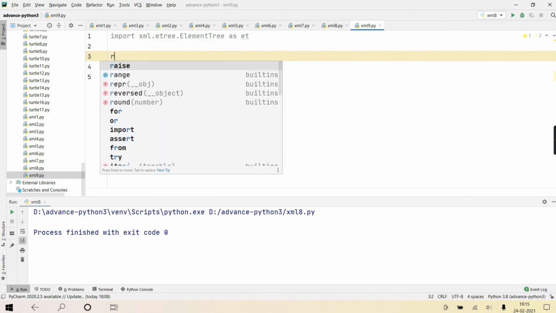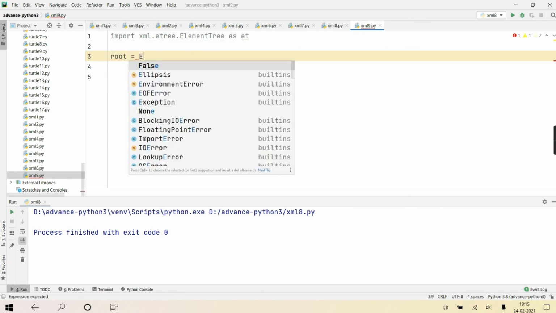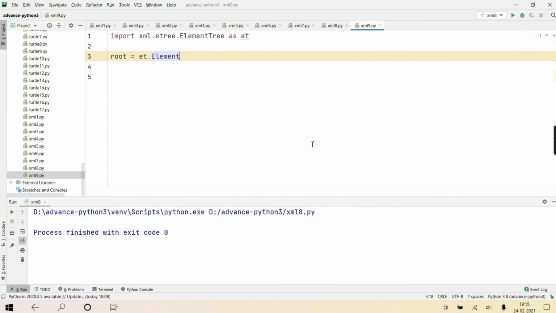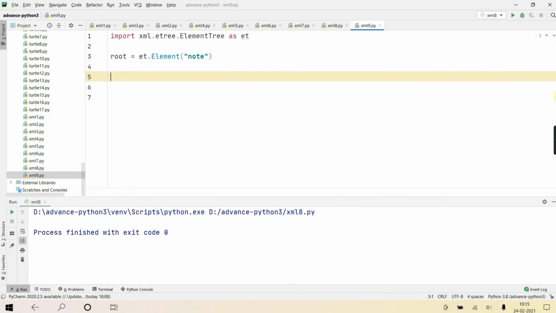First I'll create the root element, a root object of element, ET dot Element. This is just a root element, but this is not part of the ElementTree, so that also you have to add, I'll tell you. To its constructor I'll give the tag name. Suppose I'm giving the tag name as note.